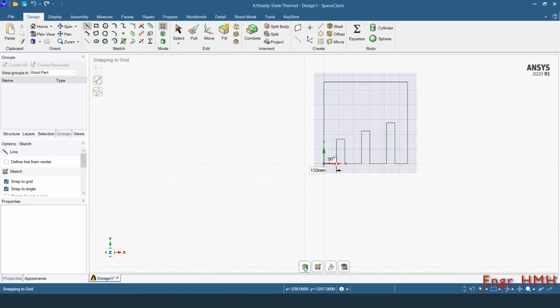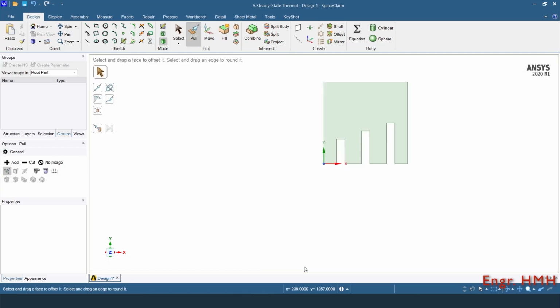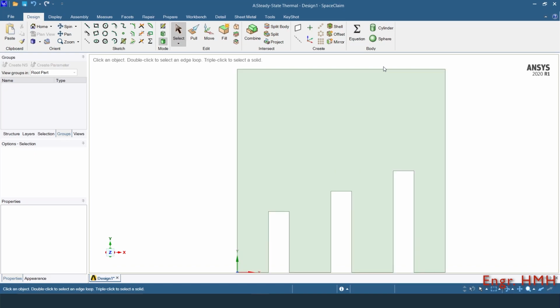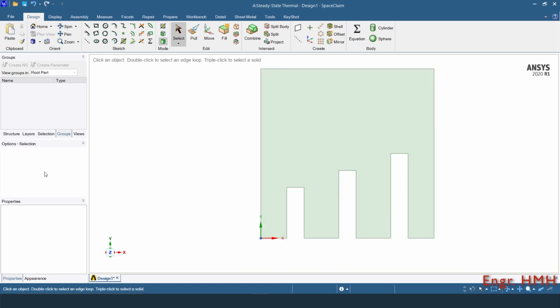Now switch to 3D mode. Hit the select button and come to the groups tab portion. Select the top edge, click create named selection, and name it top. Similarly, select the left edge and name it left.